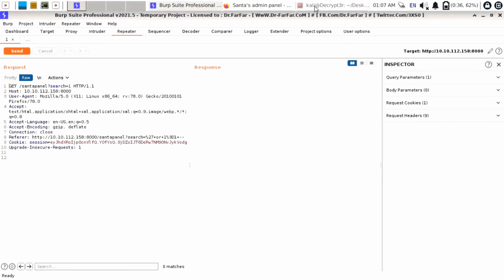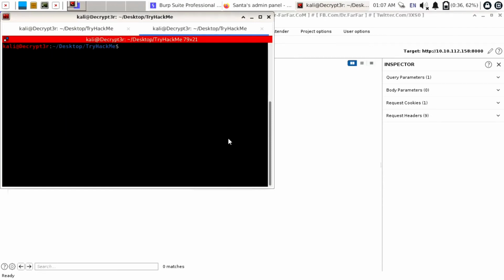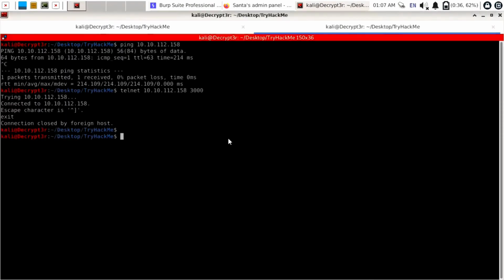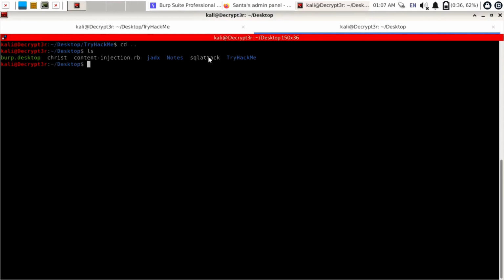Now we need to use SQLMap to perform attack on this. So you can simply use a command like sqlmap -r and specify the directory. So just use here sqlmap -r, and we have to provide the file path. So it is one folder back, so I will use here ../. Else what you can do, you can just use cd .. to go one step back.